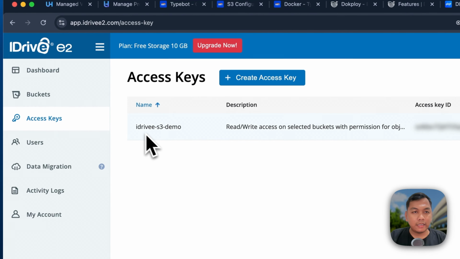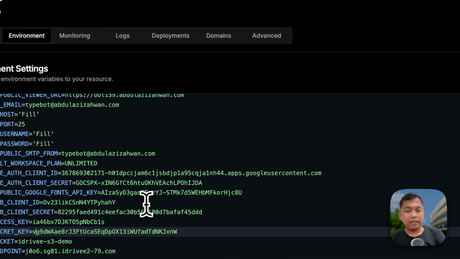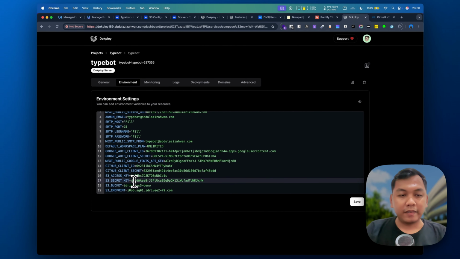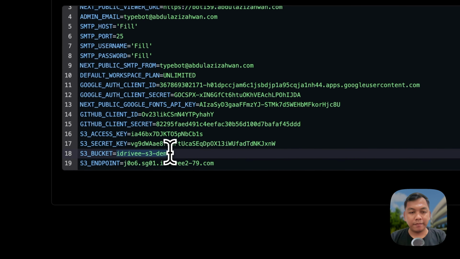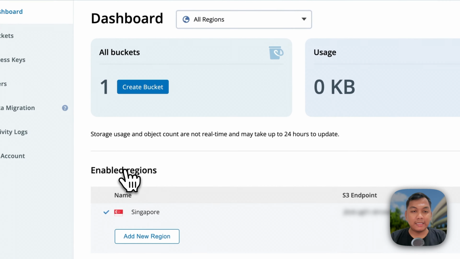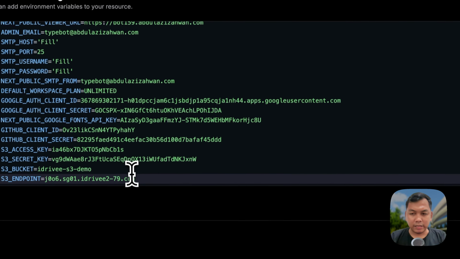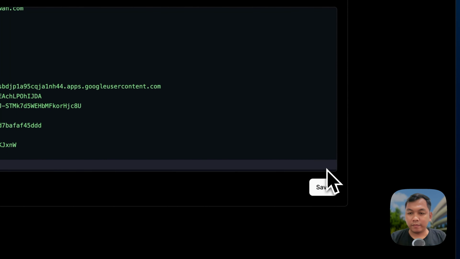So the S3 secret key is given once you create the access key. And next, you need to provide the S3 bucket name, and don't forget to add the endpoint, which is this. My region is Singapore, so just add this here, and once we finish, just press save,